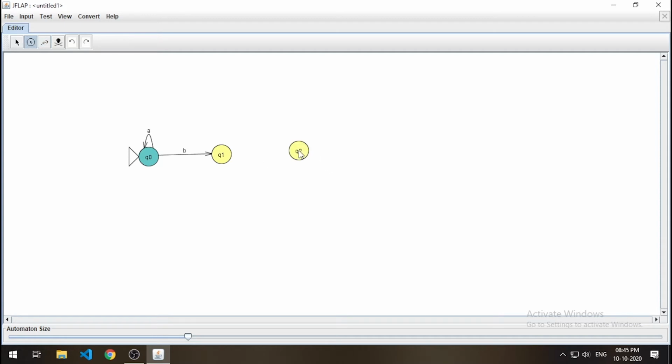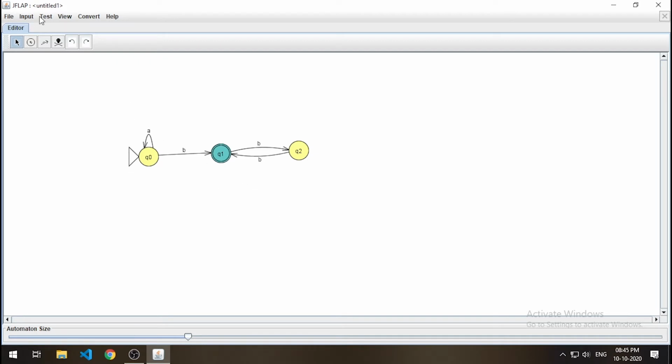Then we will move to the Q2 state with a transition of B, and if we again get a B, then we move back to Q1, and we will mark Q1 as the final state. So this completes our DFA for our given example.